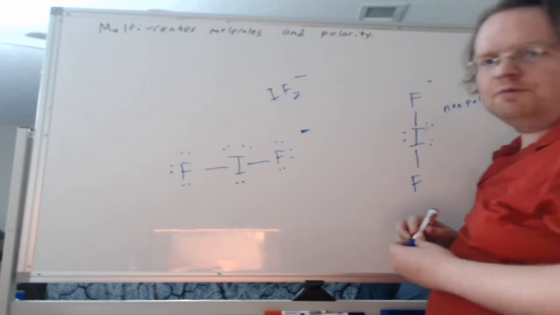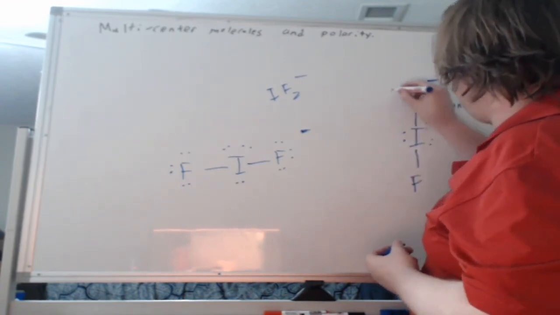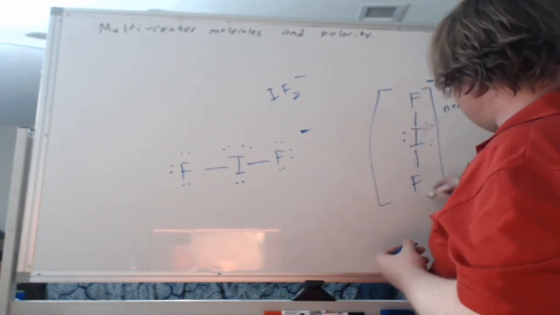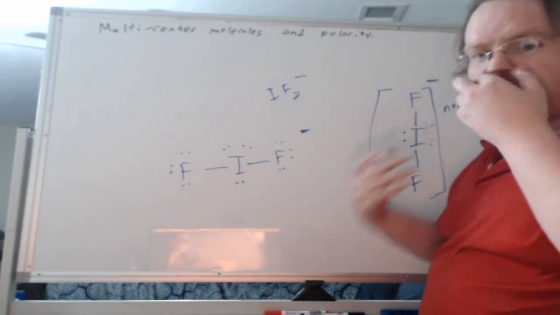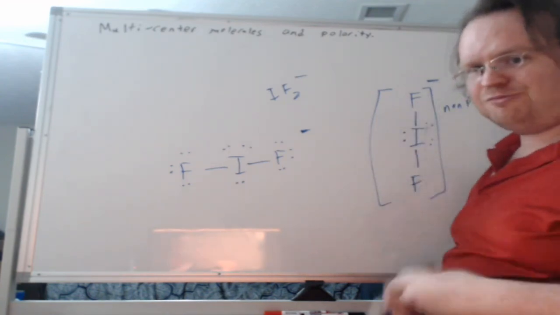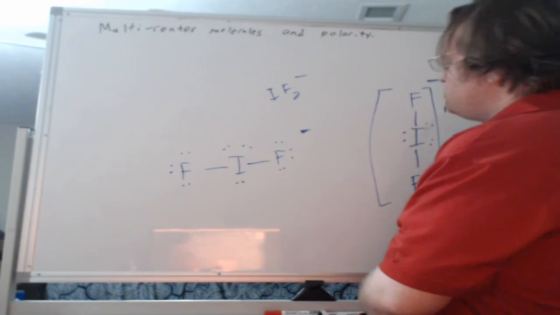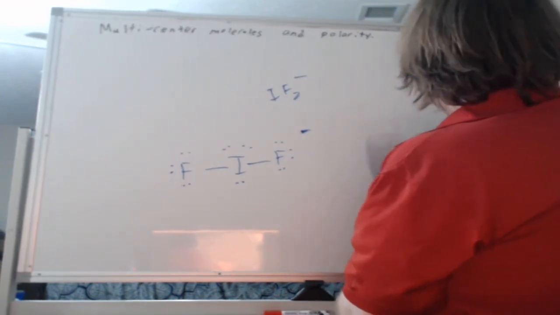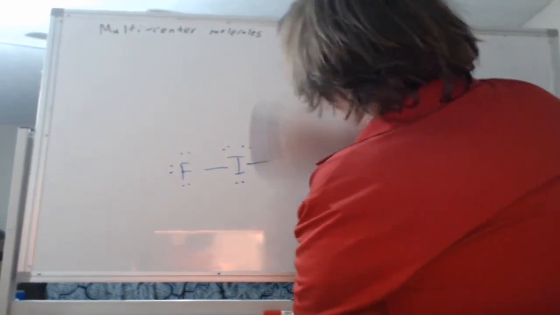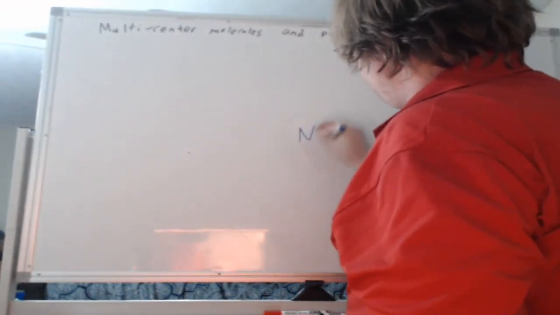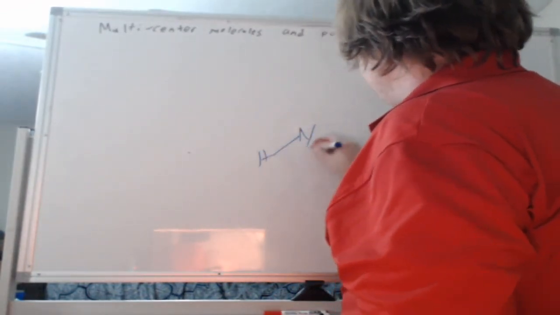Now, I will point out that I looked at specifically the examples that were nonpolar. The majority of cases with lone pairs on your central atom will usually end up being polar. So just to do one real quick, let's look at NH3. So if you have a nitrogen with 3 hydrogens,